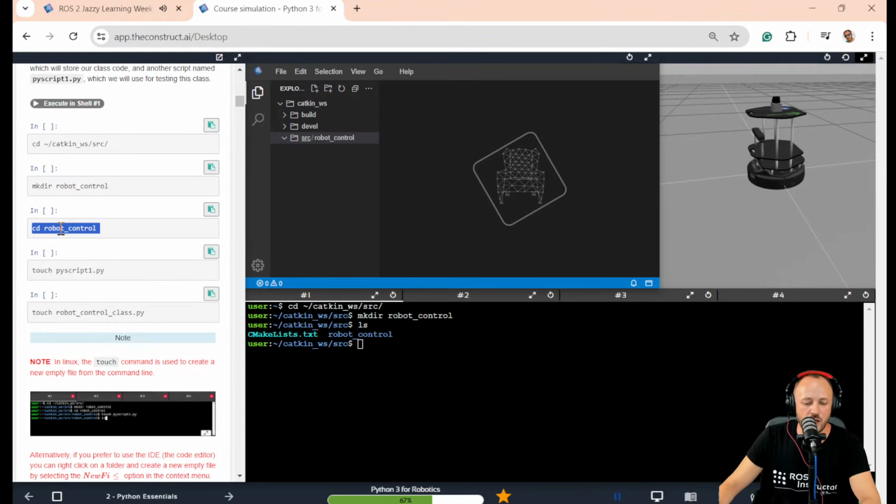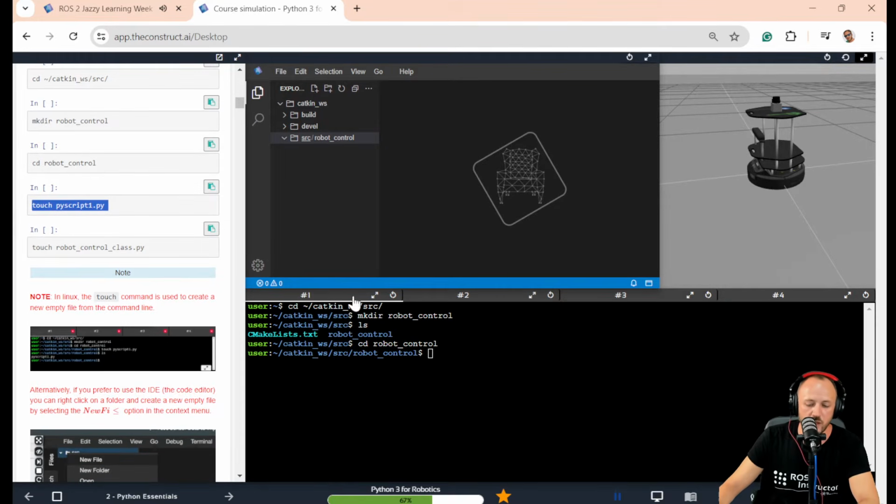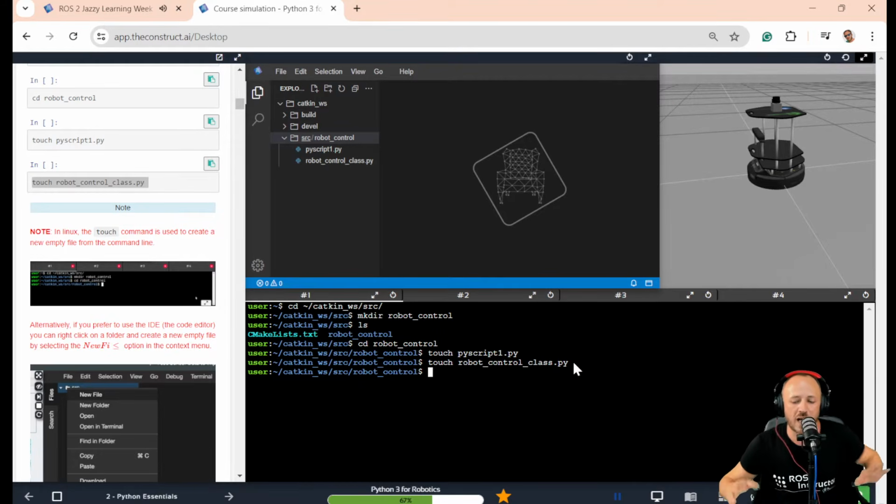Now we are going to go inside the Robot Control folder, and here we are going to create 2 new scripts. First one is named pyscript1.py, and the second one is named Robot Control class.py. Okay? This Python script is the one where we are going to put our ROS code. Okay? Then,